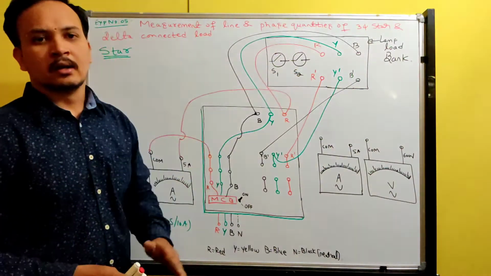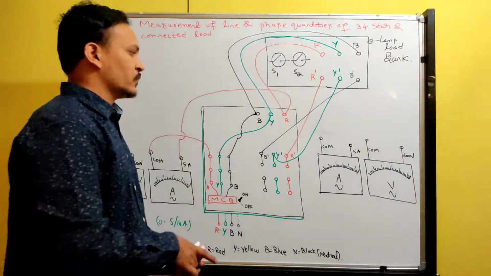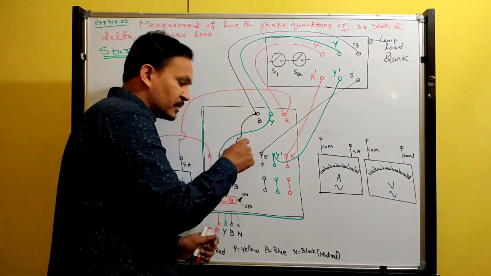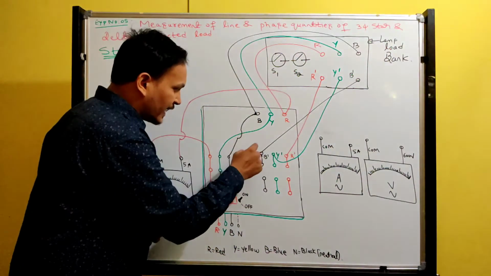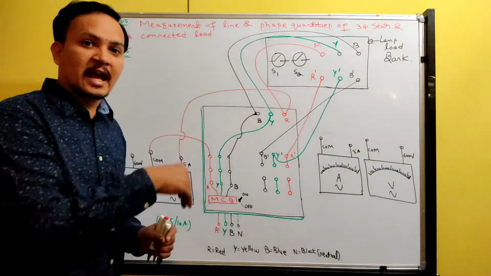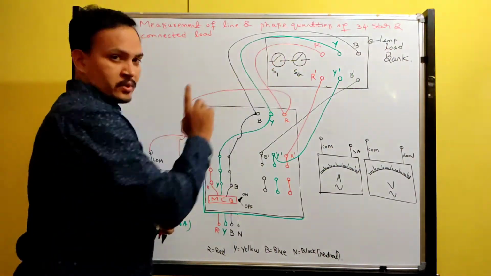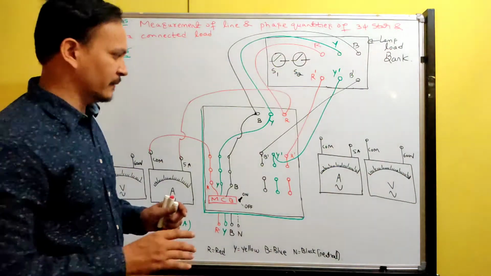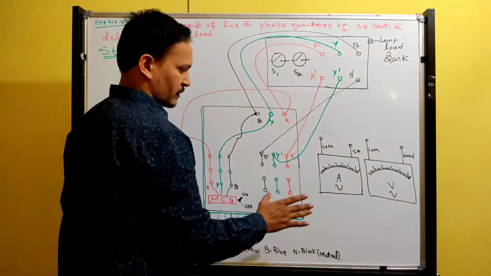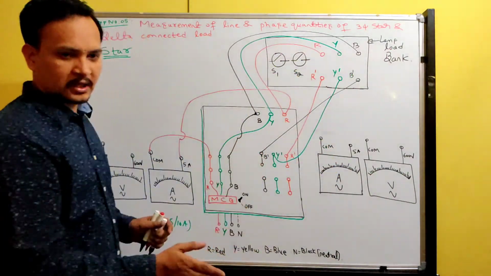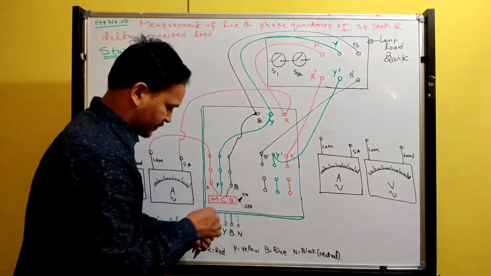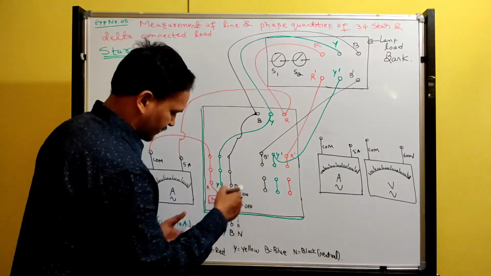Now come to finishing terminals. What will be there between starting and finishing end? So in between B and B dash, there will be lamp load operated with switches. That you need not to worry. So after completing everything, then start from finishing terminals. See, B dash, B dash, B dash.